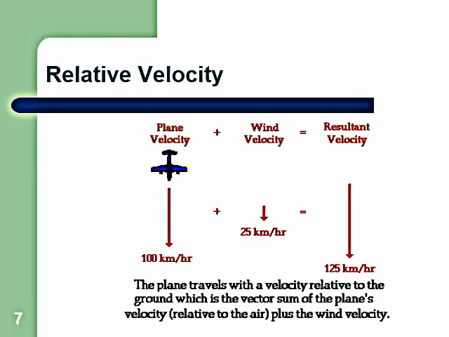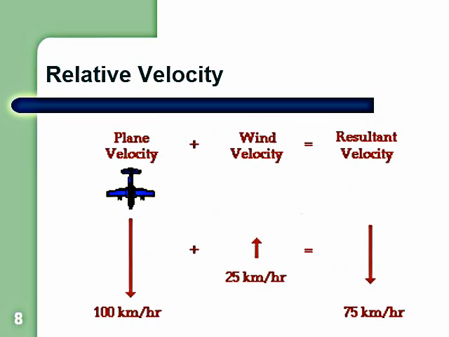100 kilometers an hour plus 25 kilometers an hour gives 125 kilometers an hour. Okay, in the second example, the plane's velocity relative to the surface is 100 kilometers an hour, but this time it's got a headwind of 25 kilometers an hour, so you're taking it away. So it'll be 100 kilometers an hour plus minus 25 kilometers an hour, gives a resultant velocity this time of